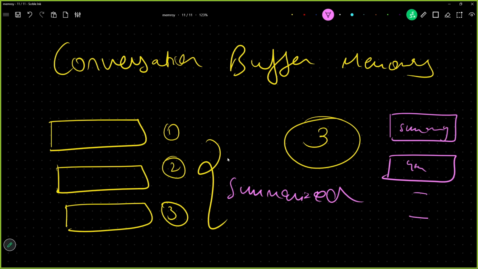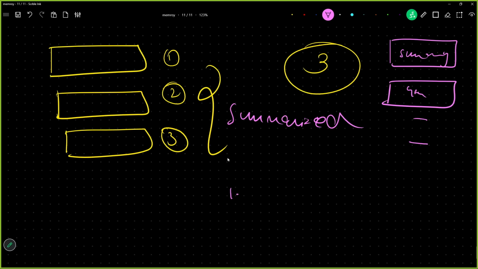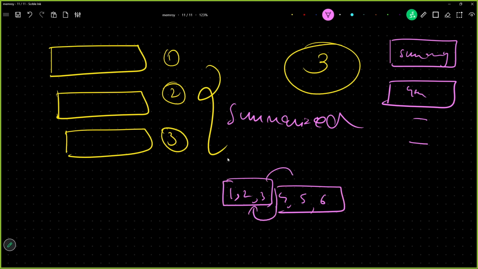Then fifth turn, then sixth turn. Okay, once the sixth turn is done, a total summary will be created from first, second, third, fourth, fifth, and sixth. The new summary will be combined with the previous summary, because we want to summarize it, right? So this will be combined with this particular summary, and we are maintaining some summary buffer memory, where we will also maintain the exact chats of the user, but we will also go on updating our summary memory, so that we remember the near details.